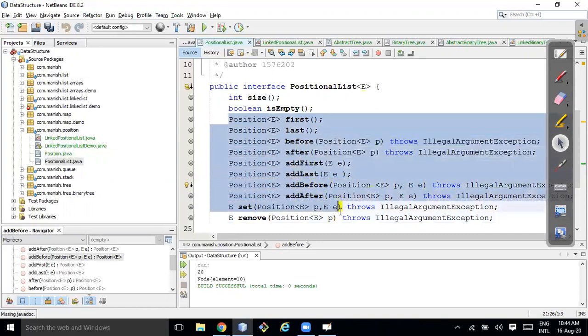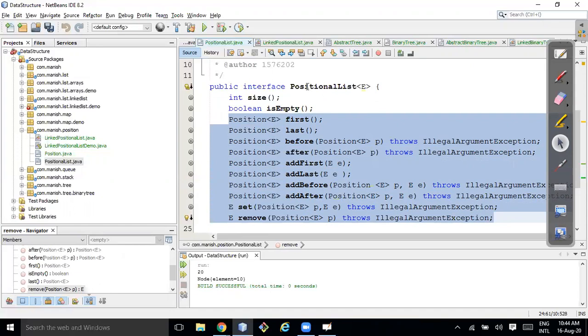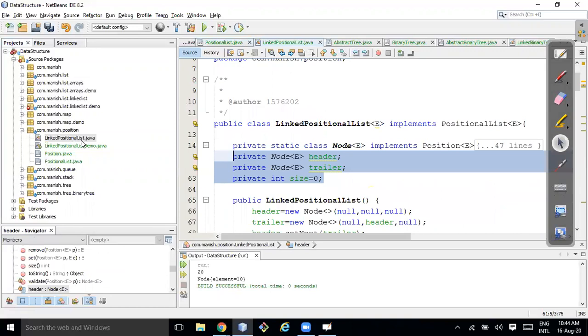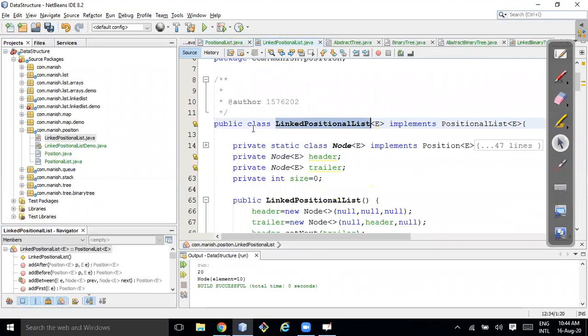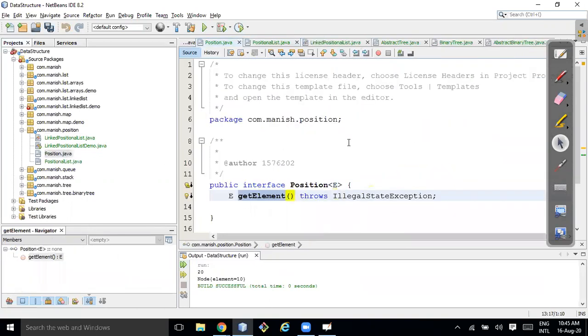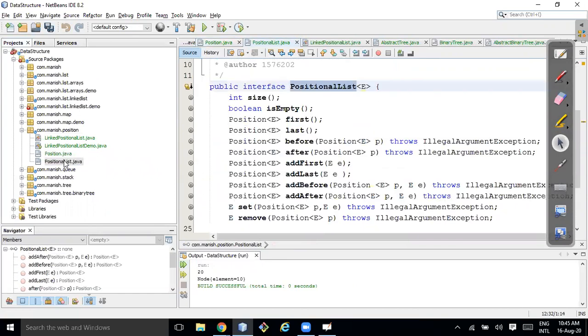Now what extra benefit are you getting? If you have this positional list implemented, you can use this linked positional list. Then you can create a deque class based on the linked positional list very easily, just using all the methods here.